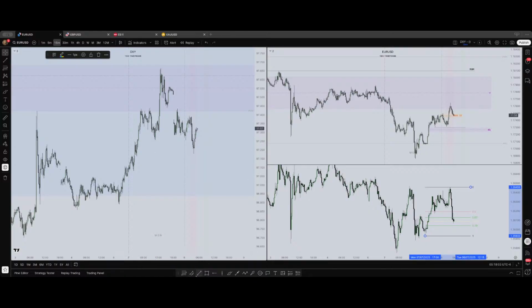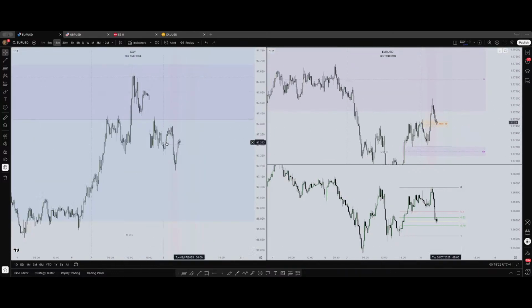I don't want to see the dollar breaking this high, really. If that happens, I mean breaking it with the body, not only a wick, but completely with the candle's body. But so far it's making a good job, just keeping the price here. We have a fair value gap here acting like a resistance. Same here.